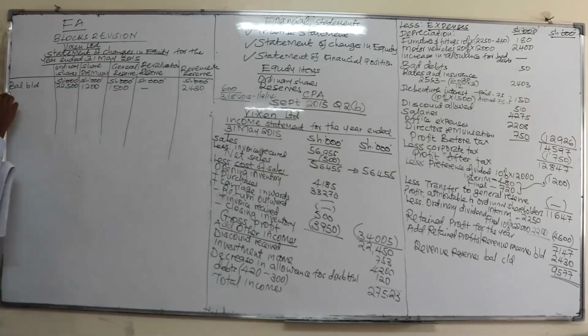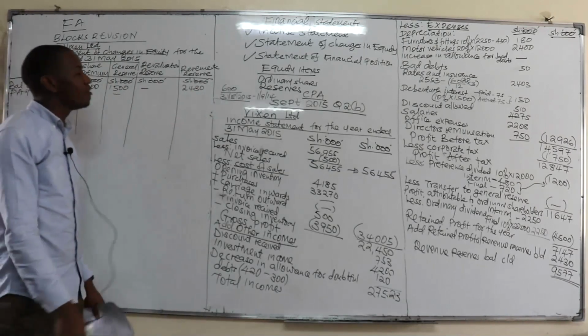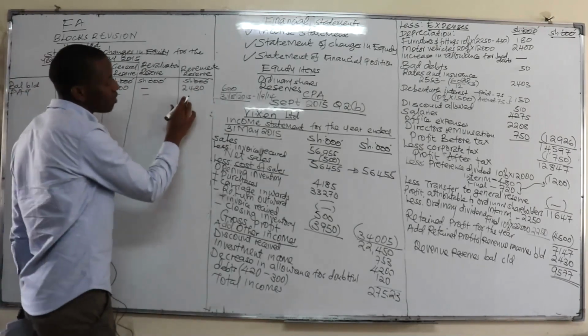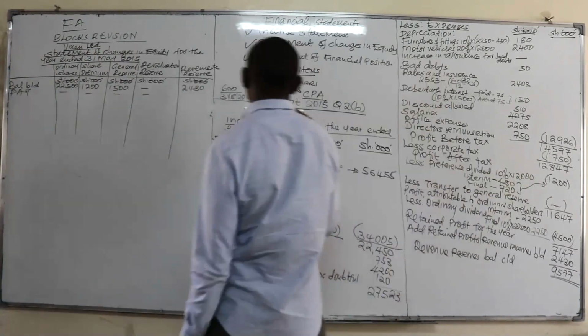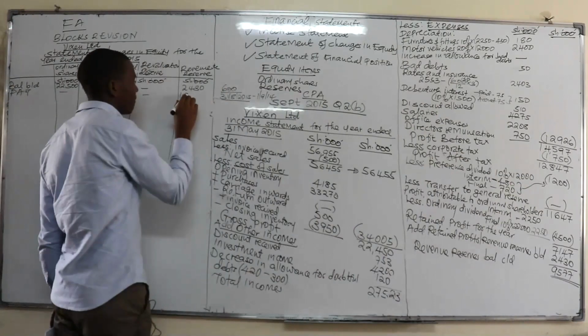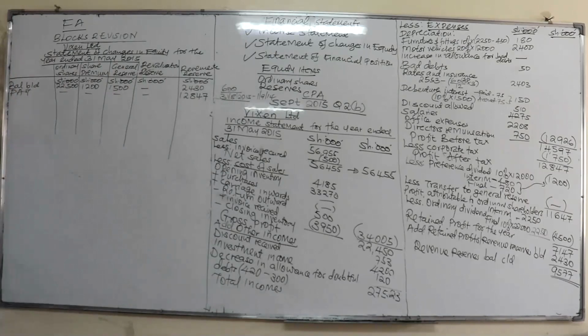Then from there, you will also have the profits after tax. That is the profit after tax. Profit after tax in this case will only increase the retained earnings, which are revenue reserve. So in that case, it will only increase there. And the profit after tax in this case was 847. That is the profit after tax. Then you may also be told there was a transfer to general reserves.